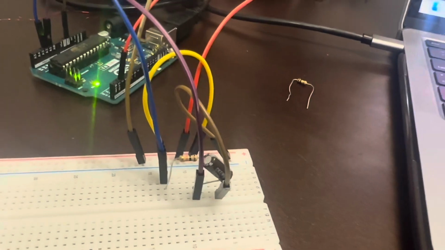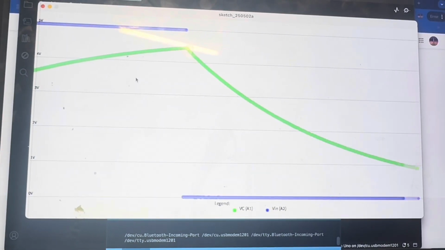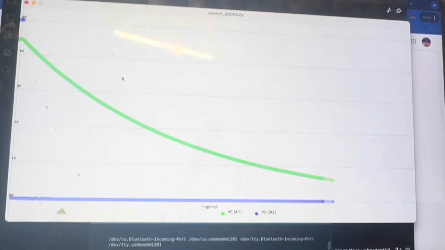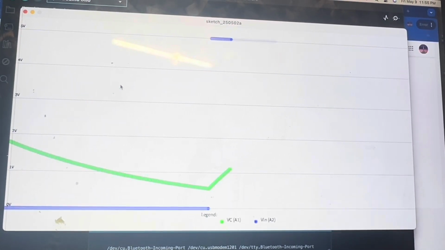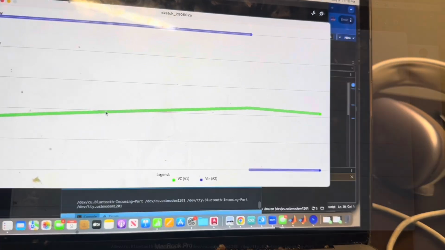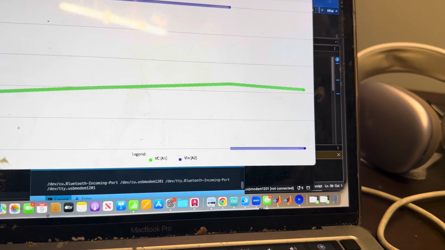This is for the 10K resistor, so the capacitor is still charging and discharging as the switch turns on and off. This time the time constant is a lot lower since the resistance is lower, so it's charging and discharging at a faster rate. And looking at the MATLAB analysis of this,